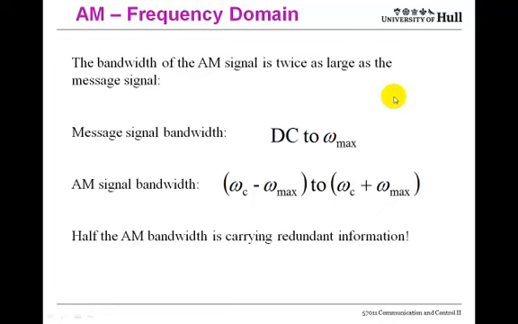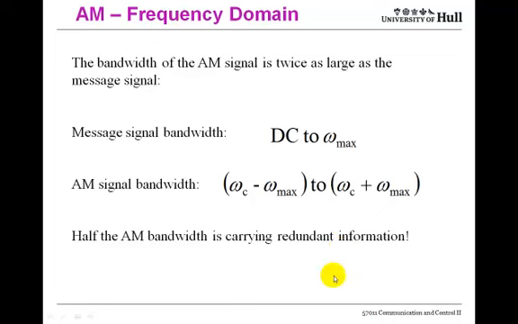An important thing to note is that the spectrum of our AM modulated signal is twice as broad as the spectrum of our original message signal. Our original message signal only had positive frequencies extending from DC up to the highest angular frequency present. But our modulated signal has information in all the positive frequencies from the carrier frequency minus the highest frequency present in our signal up to our carrier frequency plus the highest frequency present in our signal. Right? So this range is twice omega max,